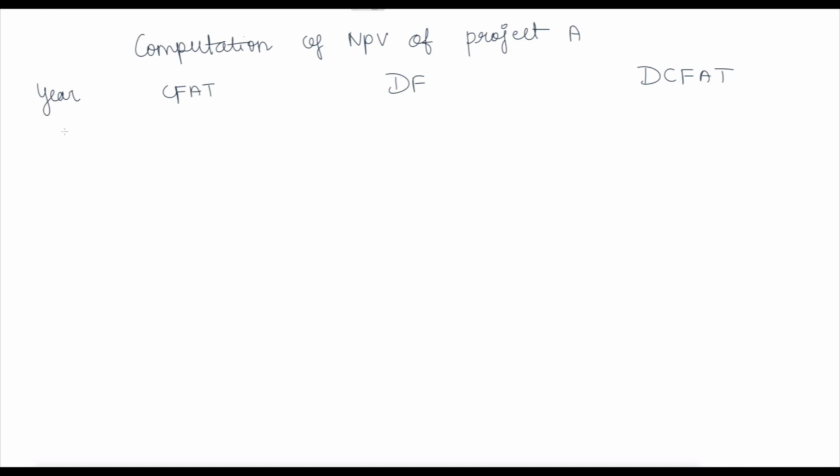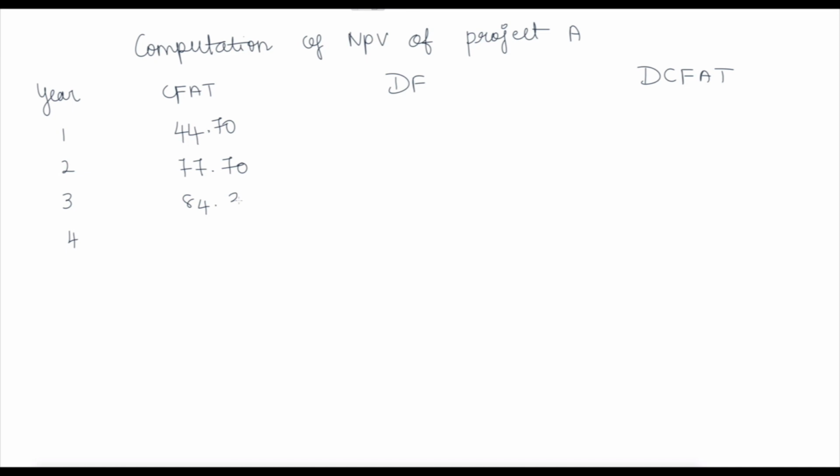So for how many years, I'm just going to find 1 2 3 4. Even you can find like 0 1 2 3 4. At 0 you will be having the discount factor as 1, so you will be putting it within the brackets because it is an outflow to you. By solving like that, you will be having your net present value at the end of the tabular form itself.